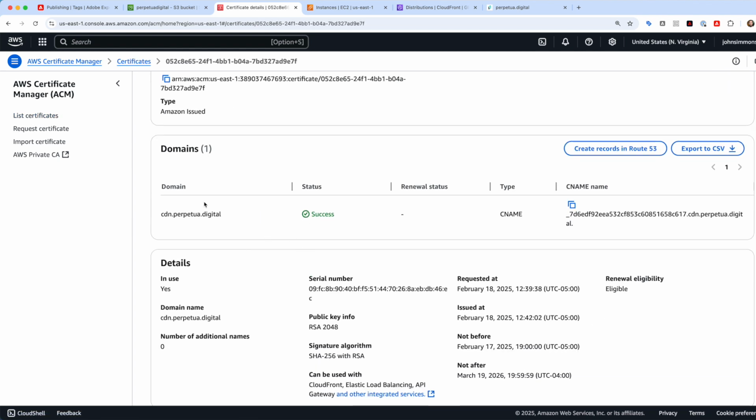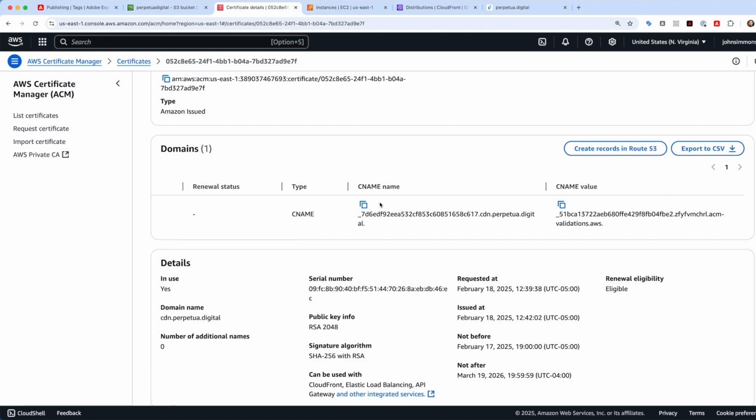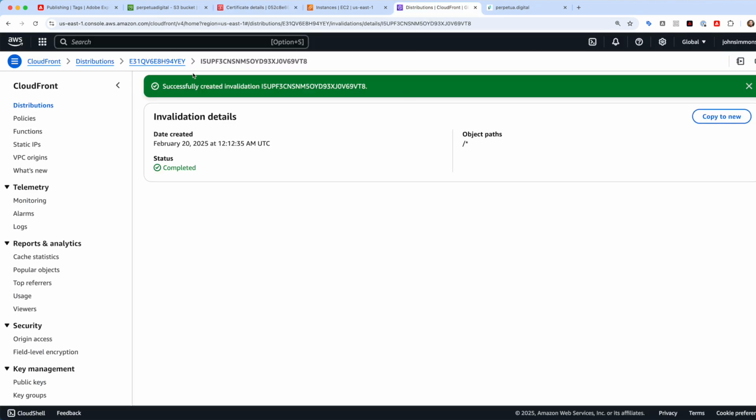So here's my domain, and then here's my CNAME stuff, and I put that into Squarespace, but I'm not going to show me copying and pasting stuff. Okay, so that's the certificate. That is important because when you go to create a distribution,